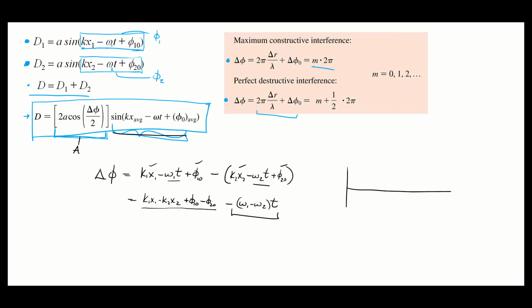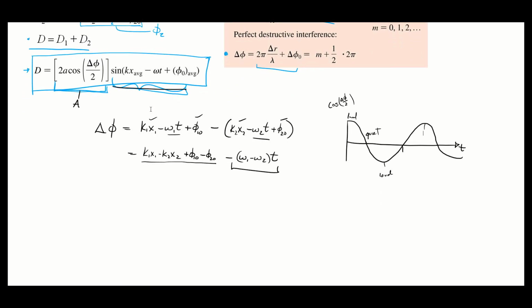If we plot that amplitude as a function of time, if this is cosine delta phi over 2, it's going to go something like this and oscillate up and down. Essentially, the sound we hear is going to be proportional to that amplitude squared. It's going to go from loud to quiet, and then get loud again, and quiet again, and loud and quiet. It's going to pulse and sort of modulate in and out and in and out.